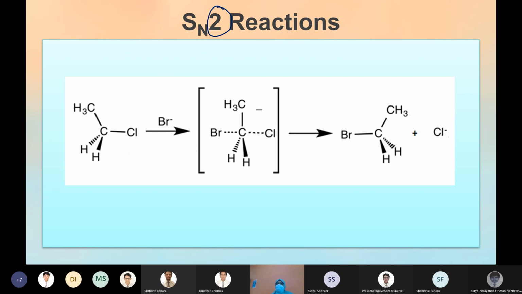Usually, how will you measure the rate? What is the rate of a reaction? That means it is how fast a reaction is taking place. How fast can be measured either by the amount of reactant decreasing or the amount of product increasing over time, right? So concentration divided by time is rate. It could be decrease in concentration of the reactant or increase in the concentration of the product.